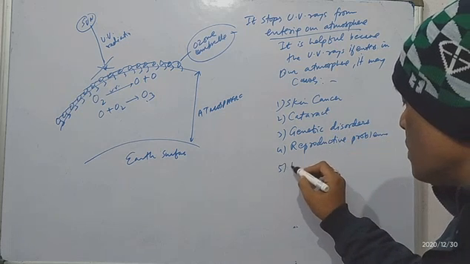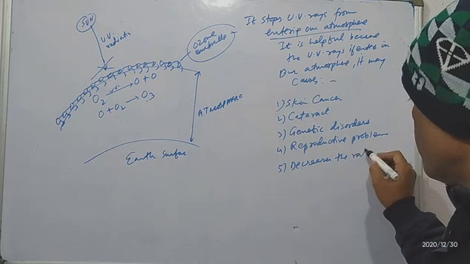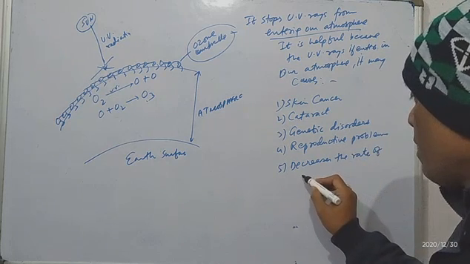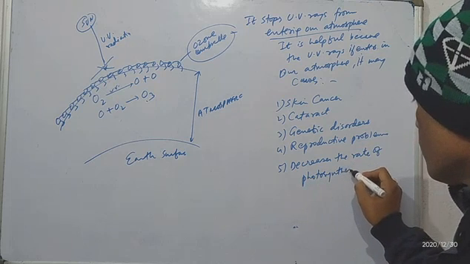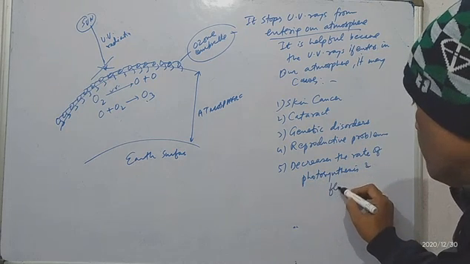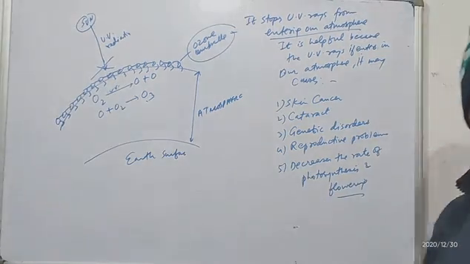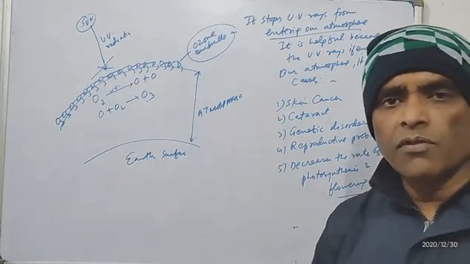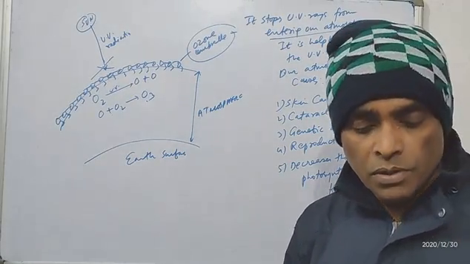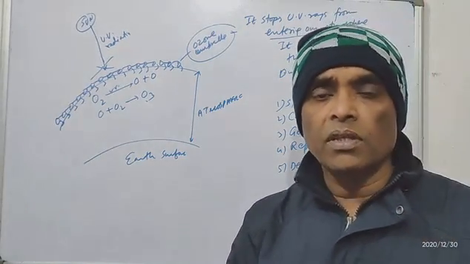And in plants, it also decreases the rate of photosynthesis and flowering. So number of flowers will reduce, the amount of photosynthesis going on in plants will reduce. So these are the hell lot of problems that we may suffer from. So with all these problems, the ozone layer in the atmosphere, the air,